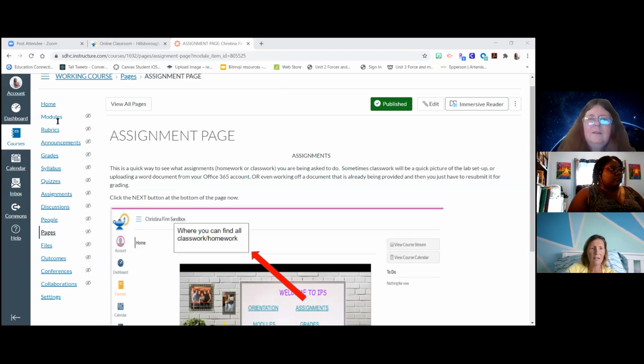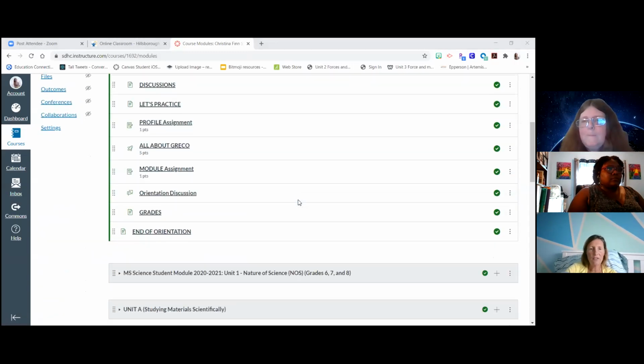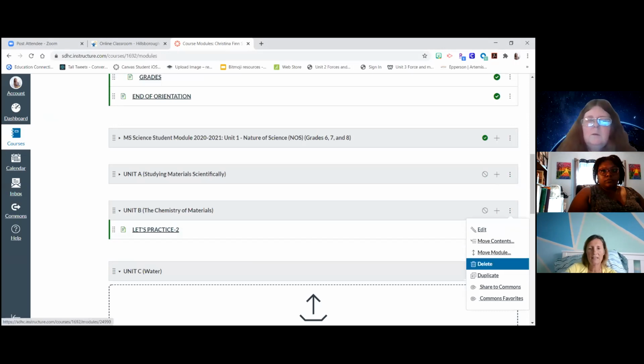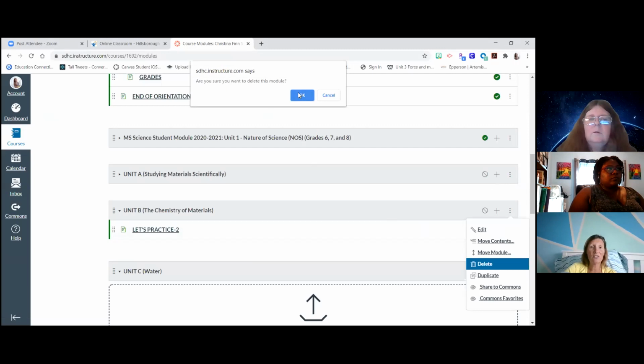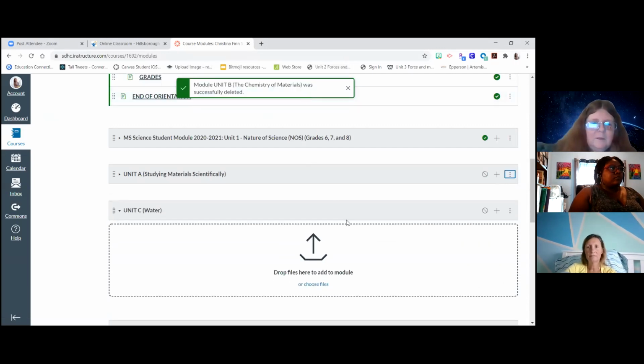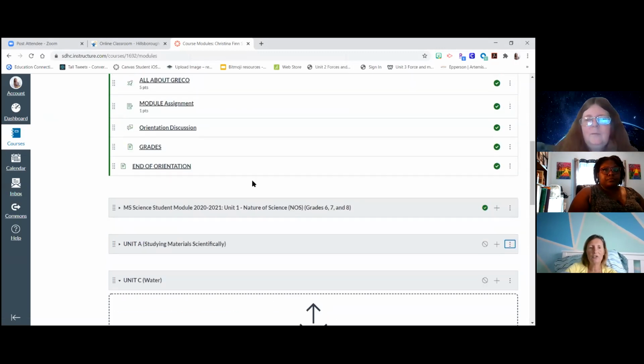So how do you delete modules and pages? That I can show you real quick. If you don't like a module, first of all, unpublish it, I just make sure I do that. Go over to the three buttons on the far right-hand side of the module and scroll down to where it says delete. It'll ask you, are you sure you want to delete this? It's gone. So if you find that you have a module or a page you don't want,